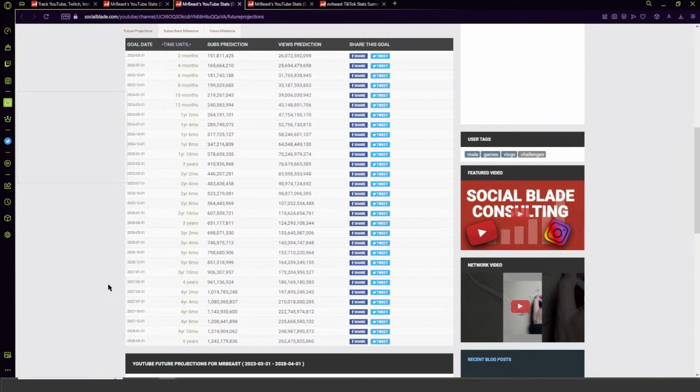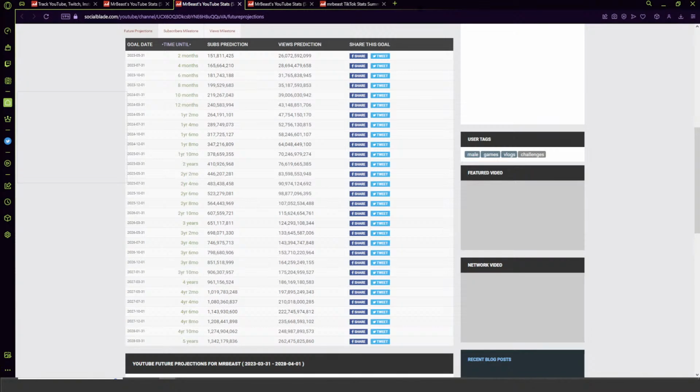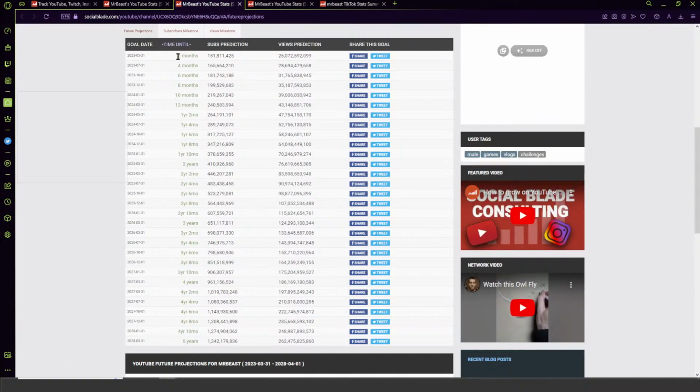So as you get more, you'll be able to get more. Right? And if we look at these predictions here and we kind of put them in a graph in our minds, it's more of a steady incline instead of a logarithmic curve. We can see here, this month, the predictions for between May 31st and July 31st are roughly 14 million subs.